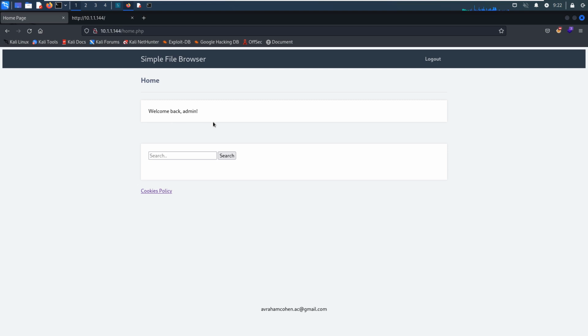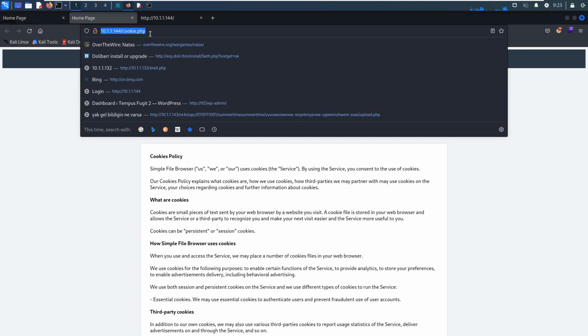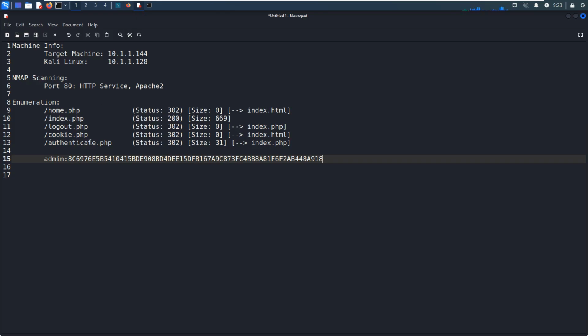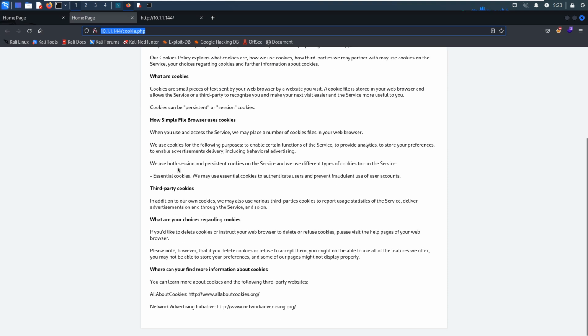page. Welcome back. And search cookies policy. We can open the link, and we got the cookie page. I think this page has been found by GoBuster earlier, although at that time we could not access this file directory. We need to be authenticated first. And I think this one must mean something for us, or some sort of hint left by the author. But for now, we just put it aside for a while.